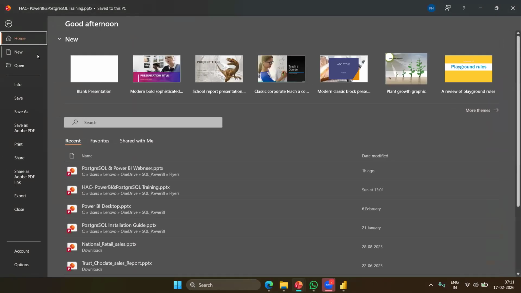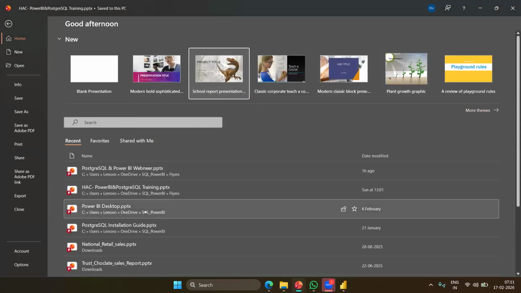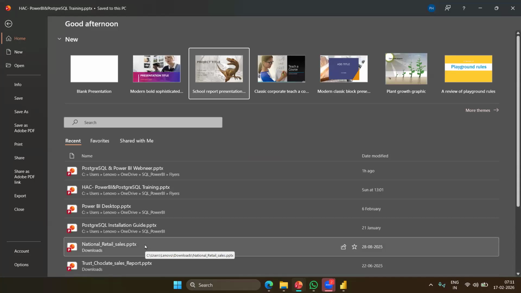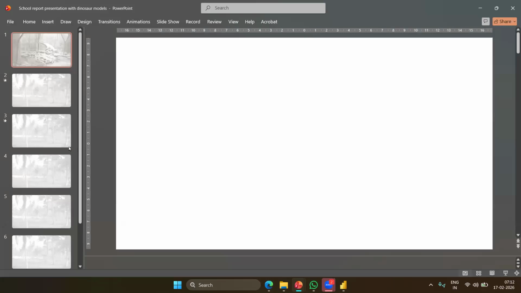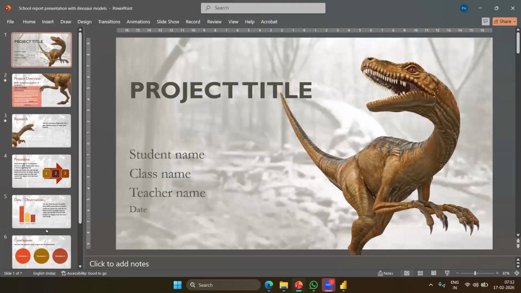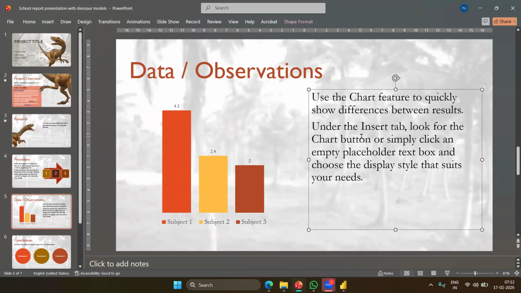So let me get a new slide. If you see here, we create a bar and column chart and we write some summary about the numbers, correct?